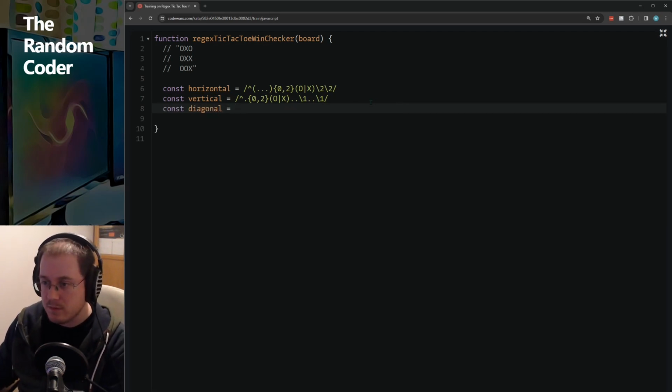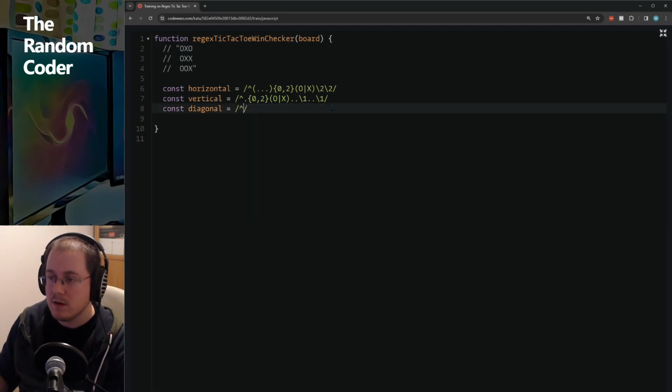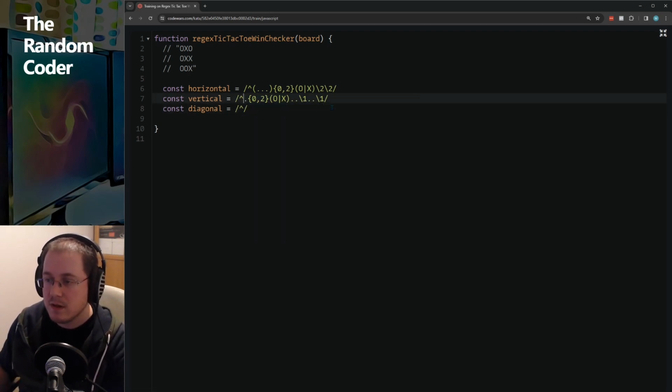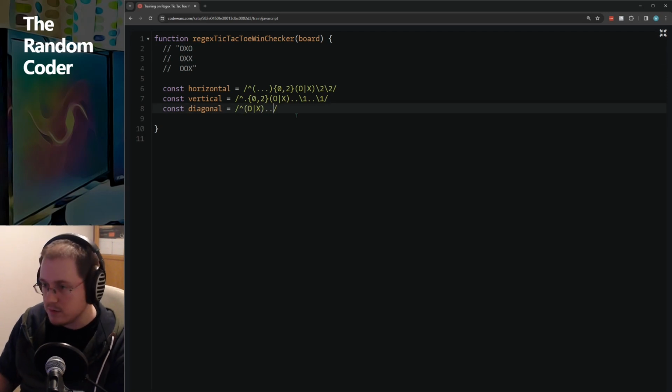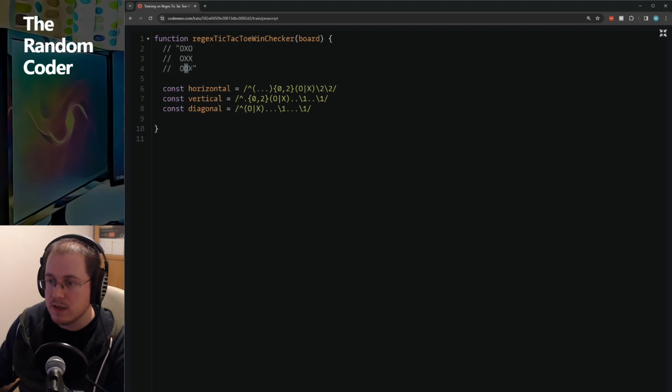So now we can do the diagonals. And you know what? I think I'm just going to write these out longhand. We're either going to have, again, we're going to match something here, followed by dot, dot, dot. So 3 dots, 1, 2, 3, and then the back reference, and another 3 dots, and then the same back reference, because it's again 1, 2, 3, and then we're matching the same thing again. So it's going to be either that,